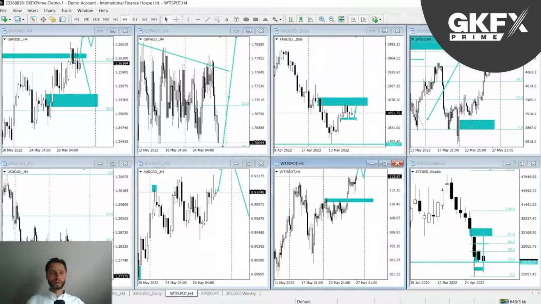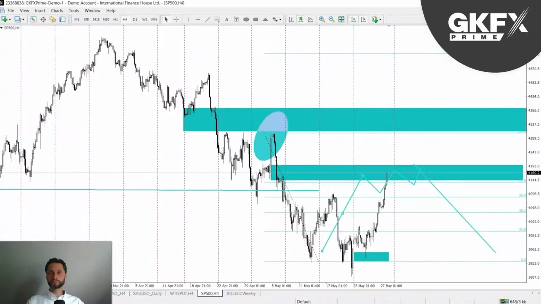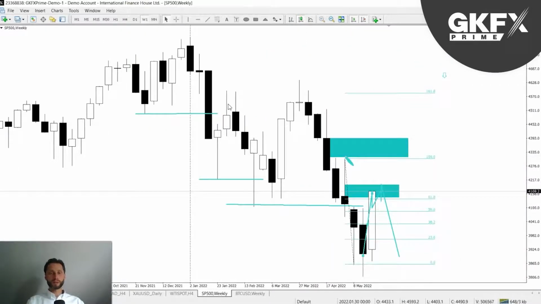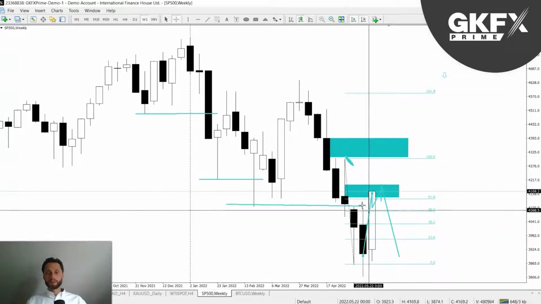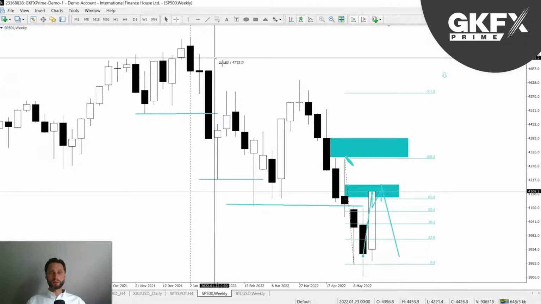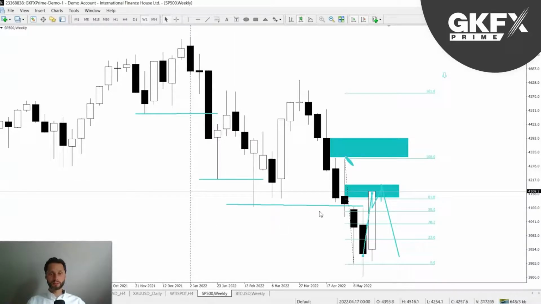Okay, I'm going to move to indices now. Let's look at the S&P. Look at the weekly chart. So what I pointed out last week was that what we were looking at was a retracement back up into the levels that we see here, the marked out, and indeed it did that. I am also bearing in mind that we are in an overall downtrend. You see these lows being broken, which are marked out with these lines. And this retracement did indeed